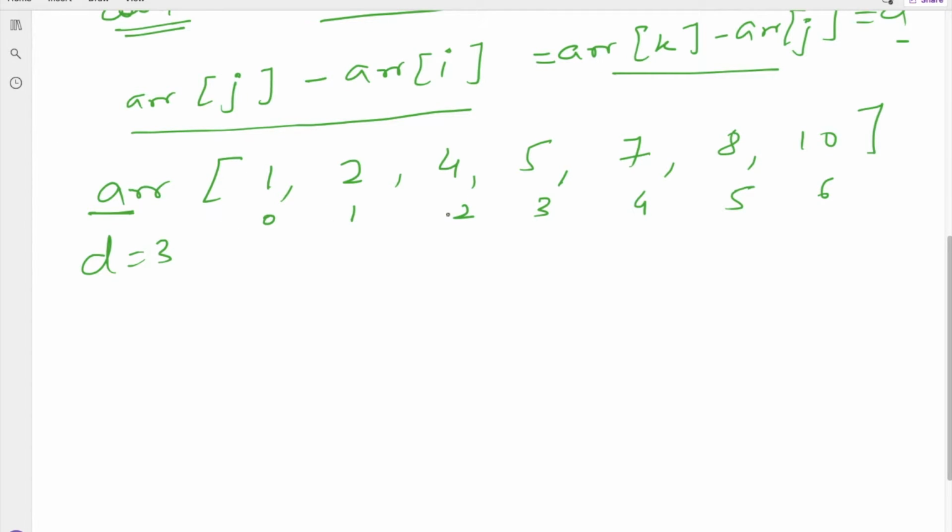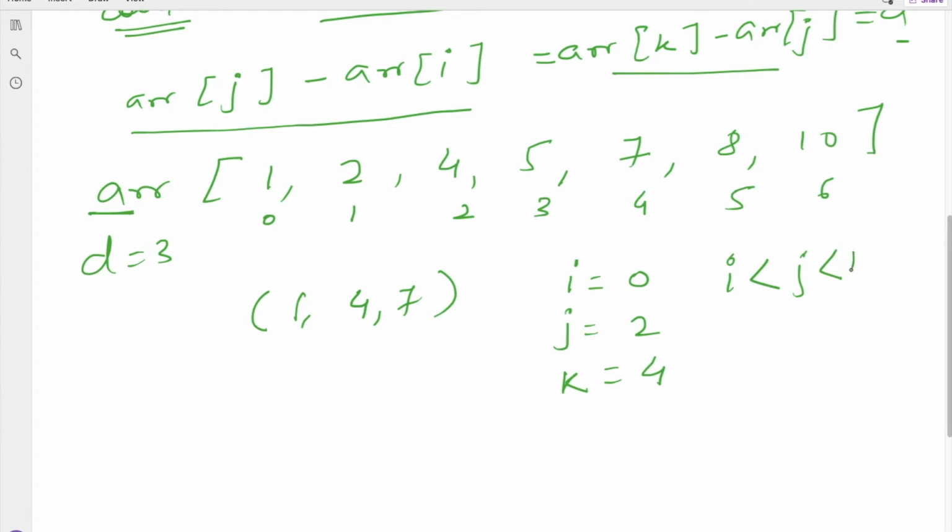Let me pick 3 elements, for example 1, 4 and 7. The value 1 is i, whose index is 0. The second one is j, equal to 4, whose index is 2. The third element is 7, whose index is 4. Here i is less than j and j is less than k, so the very first criterion is satisfied.